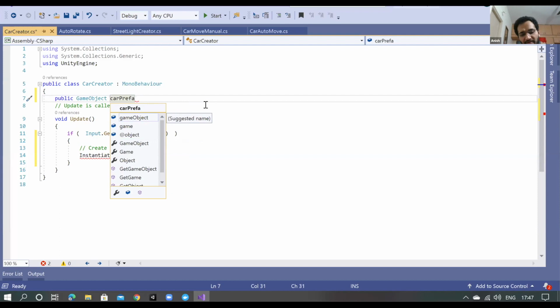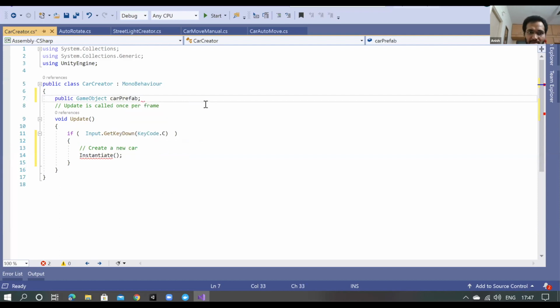Car prefab. Yes, car prefab. Okay, car prefab. Now here I'll put car prefab.